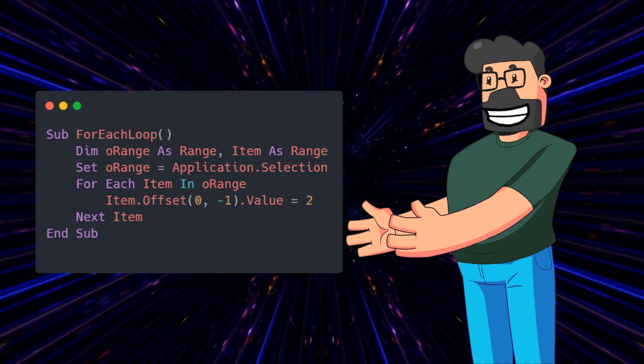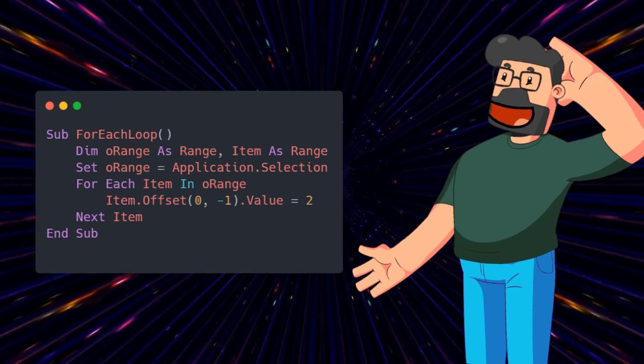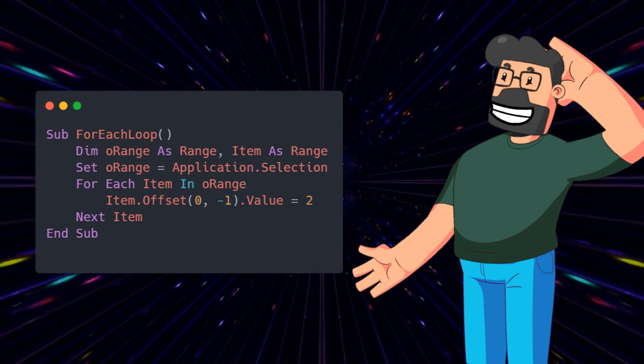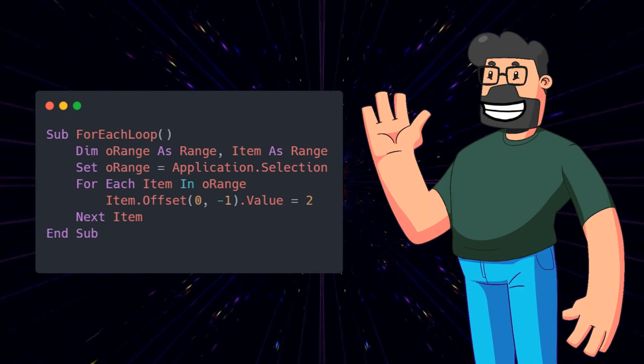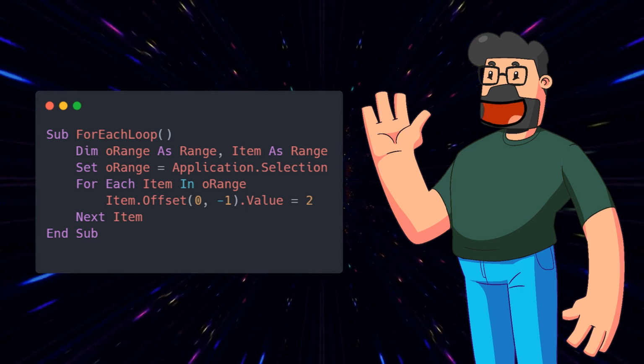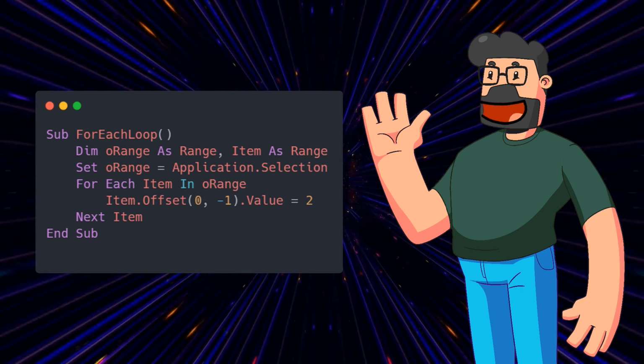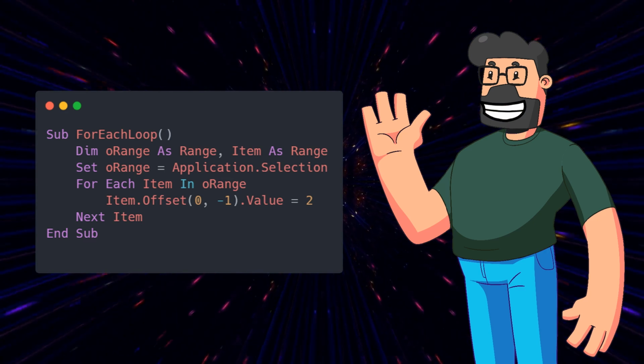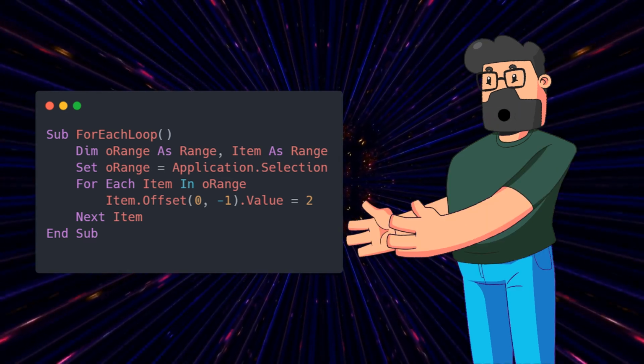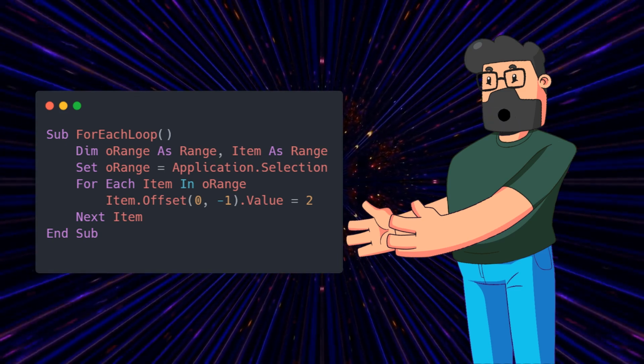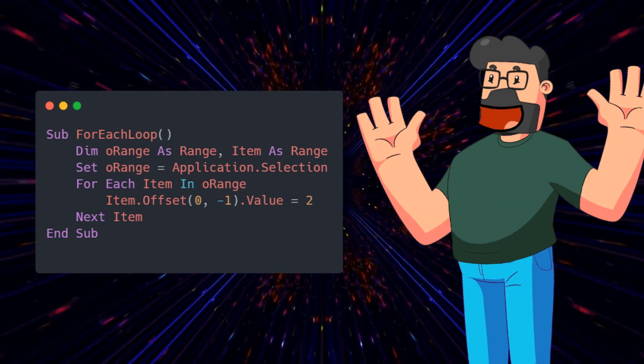Expanding on the solution, the second code snippet showcases the initial for each loop approach. This method works seamlessly for iterating over each selected cell without delving into the complexities of multiple areas within the selection. By explicitly declaring the variables and looping through each item in the range, we can achieve the desired outcome